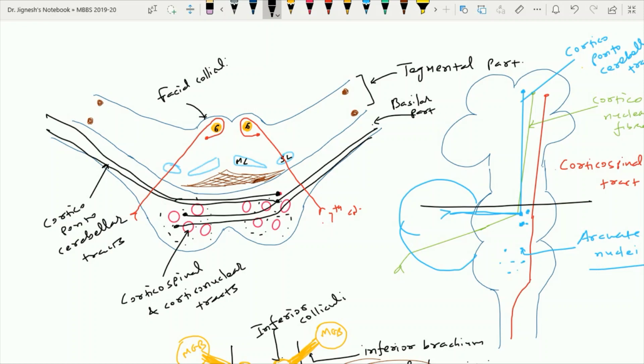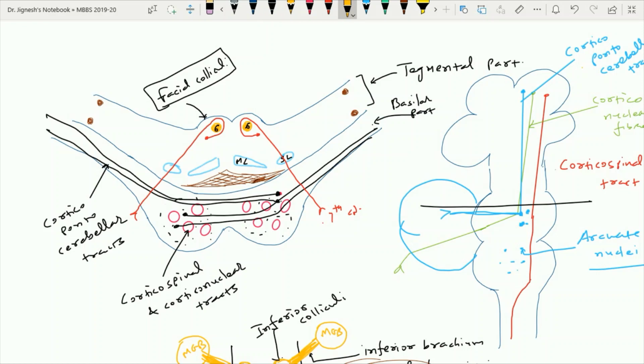And because of this internal genu of the facial nerve, an elevation forms on the back of the pons at the floor of the fourth ventricle, and this elevation is popularly named the facial colliculus. Why is there this kind of wrapping of the facial nerve around the sixth cranial nerve? We will see after the orientation of the trigeminal nerve nuclei within this section of the pons.